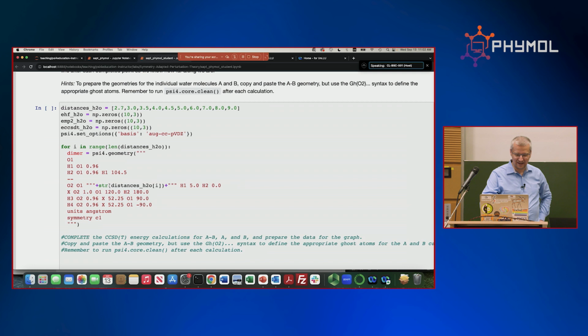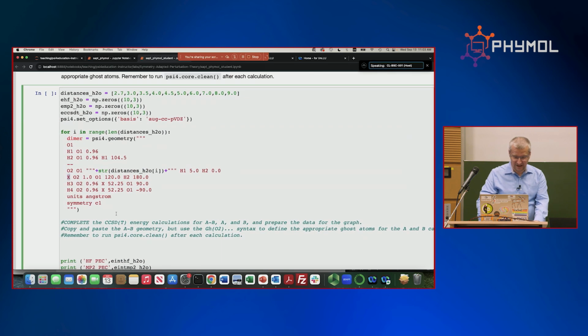And here, the way I put these 2 water molecules is in a hydrogen bonded configuration, so that one of the water molecules is the hydrogen bond donor, supplies this H interacting with O, and the other one is the hydrogen bond acceptor. The second one is actually an acceptor. You note the X in there in the Z matrix is just the dummy atom. It was easier to first specify the dummy atom halfway between these hydrogens and then do the hydrogen. So now units I can always specify in my geometry if I use Bohr or Angstrom. And this way I define the